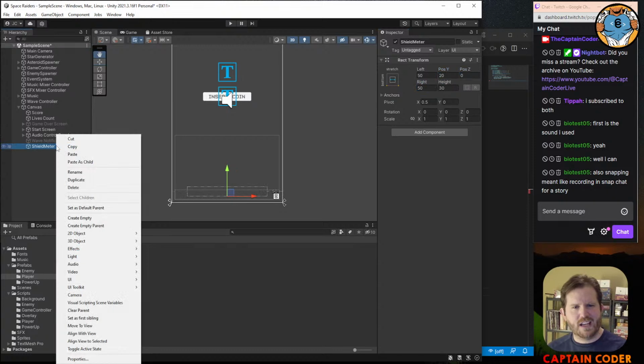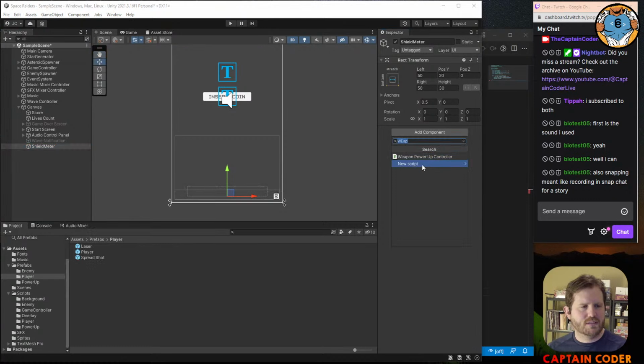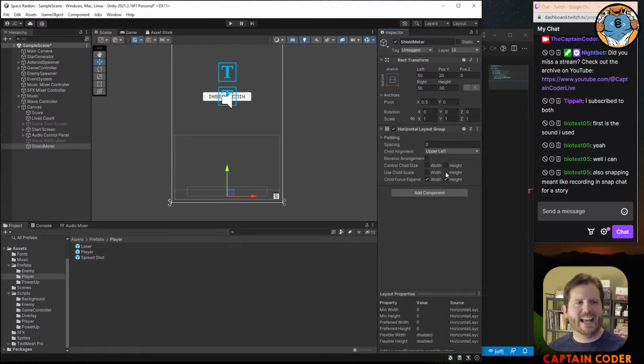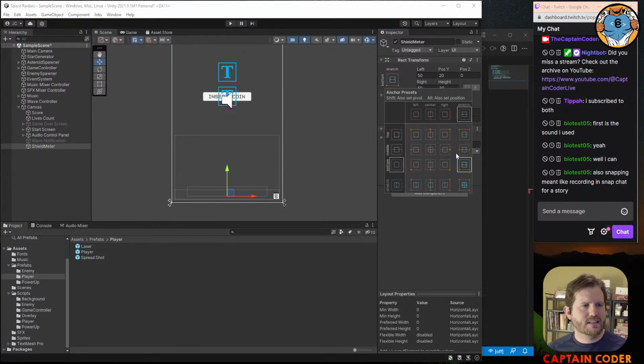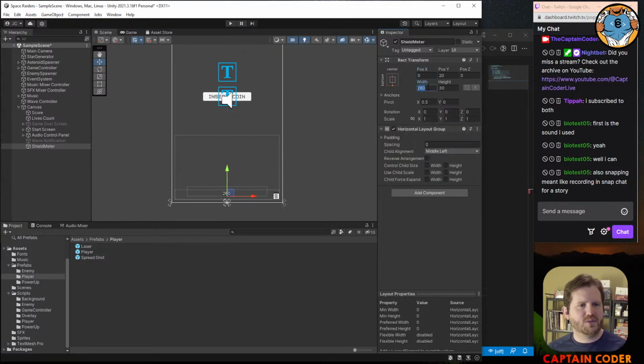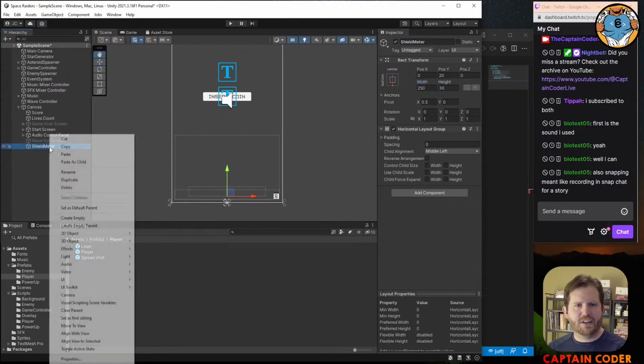And so then this will have a horizontal layout group. The idea is I'm going to add in, and these will start in the center middle left and sort of expand right. How big is this thing? Have it centered in the bottom. We'll make it 250 wide, and then each of our nodes will be like 40, and it'll expand them out there nicely. So if I create an empty,